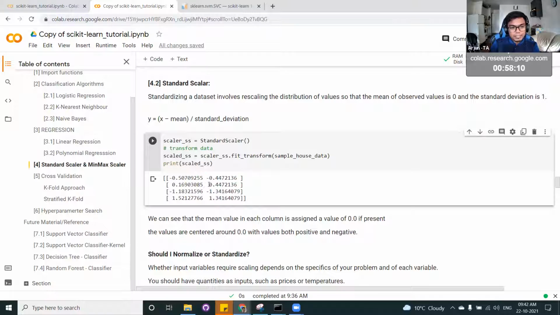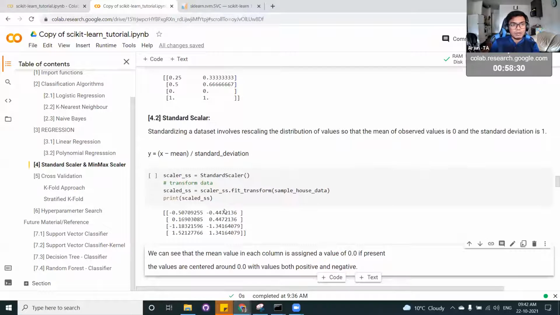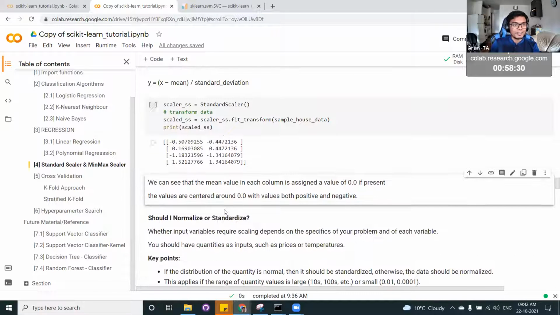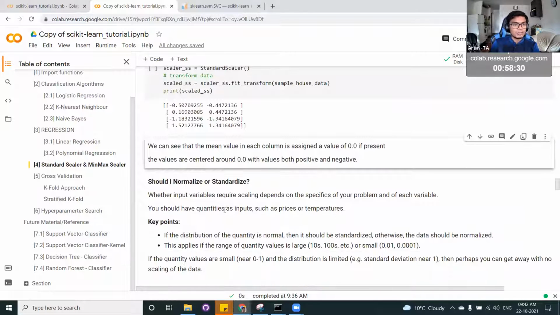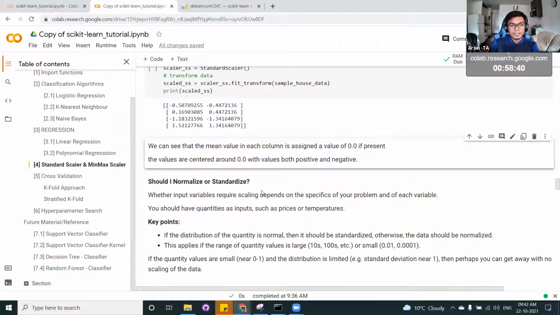And then you take this value and this value, it's plus minus, it's almost getting cancelled. So you can essentially see in this column, the mean is 0, and the standard deviation goes plus and minus. So we are essentially squashing the values between a nominal range and then using it. Now we have a $1 million question that we don't have an answer for: when do I use min-max scaler or standard scaler to normalize my data?